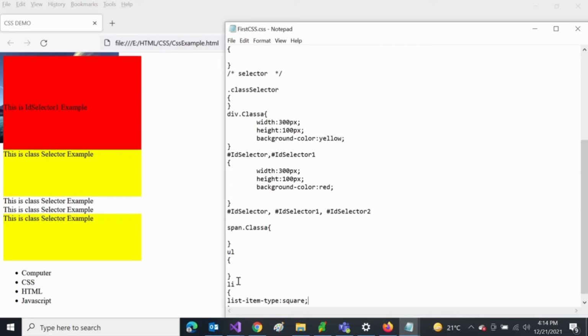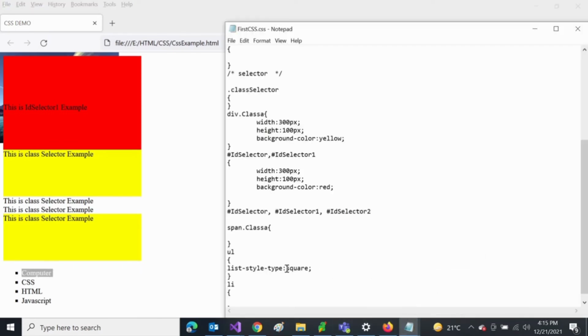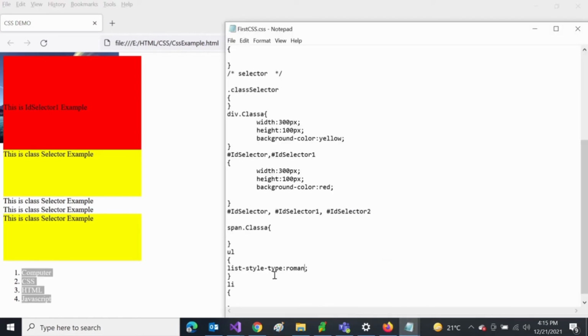So let's copy it again to UL and type the list-style-type to square, right? Square has been displayed now. Now you can change it to Roman, and accordingly the Roman numbers will get displayed.